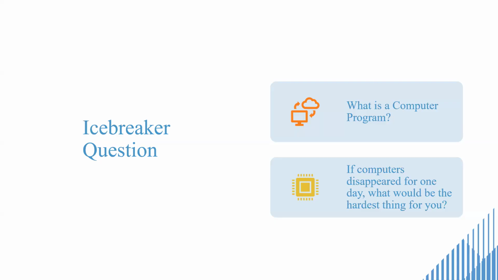Regarding the first question, what is a computer program? As my classmate said, a computer program is a set of instructions that tells a computer what to do. For example, we can use computer programs to write documents, browse the internet, or watch videos or shows. And regarding the second question,